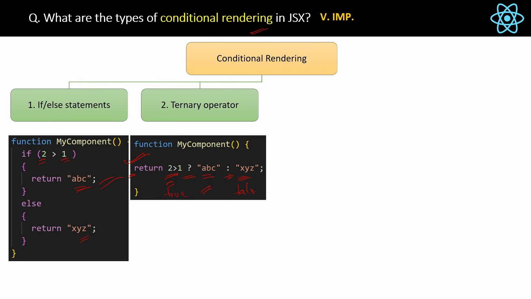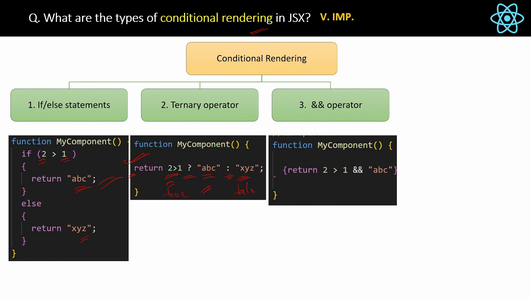Next way of conditional rendering is the AND operator. Here is the code and it is almost similar to the ternary operator, but the difference is that the AND operator will never evaluate the false condition. It will always evaluate just the true condition. In this case, if the statement is true, it will return the statement just after the AND operator. But if it is false, then there is no second option, right? No second option written here, so it is always going to return null in that case. Got it? So this is even shorter than the ternary operator, but on a case to case basis you have to use it, right?